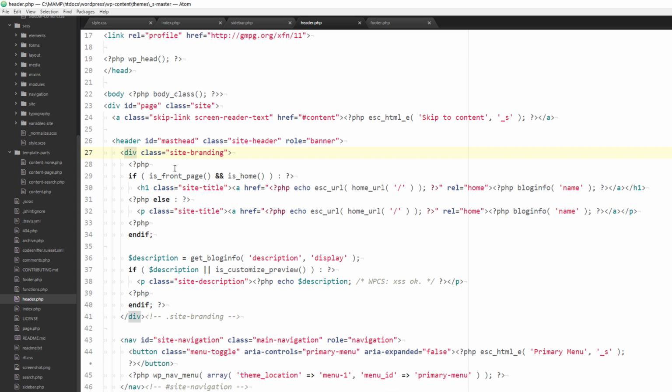So this is another if conditional. So we jump into PHP. If is front page and is home, h1 class site title, then jump into the PHP echo escape_URL home URL, and then rel is home, and then PHP blog info name, and then you close off the anchor tag, and then you close off the h1 tag. Else, if it's something other than the front page or the is home page, which is either the static front page or a blog homepage type of deal, if it's something different, it'll make the title into a